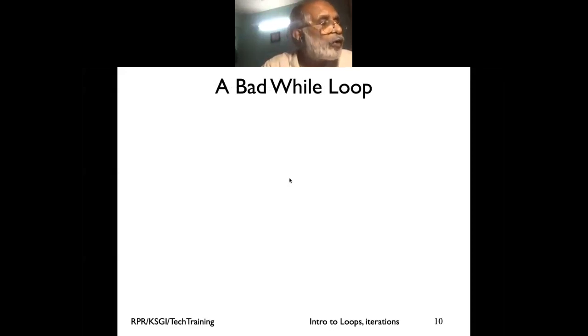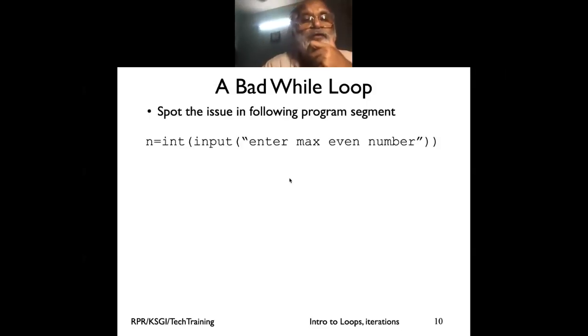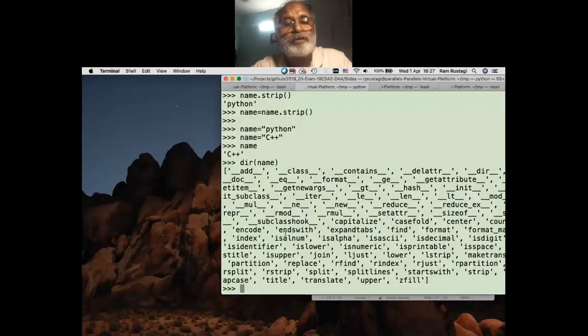Now, when you do a while loop and change conditions, sometimes we overlook things and make a mistake. Let's look at the following. You can see the right part of my slide. Input is a function where you type something; I'll discuss IO in more detail later. But right now, input takes whatever you type in the console and gives it to me. So when I say x is equal to input, please enter your name,